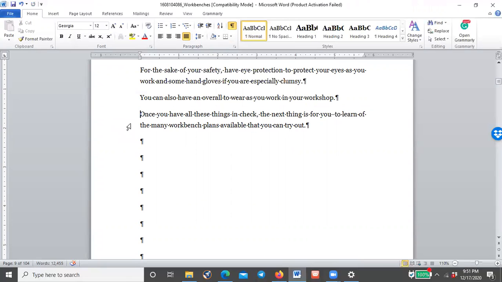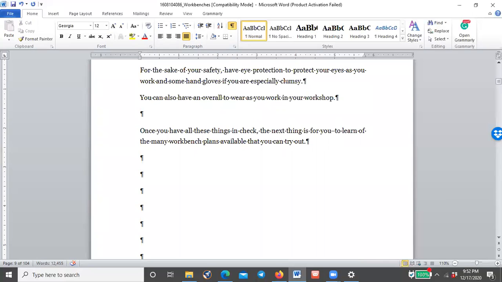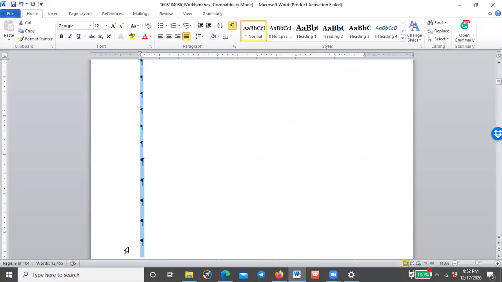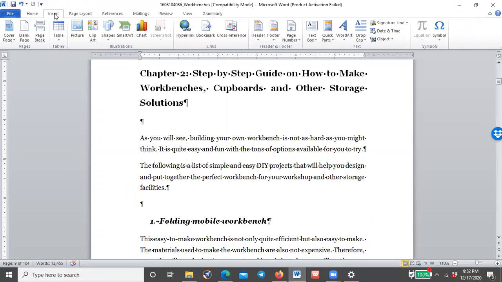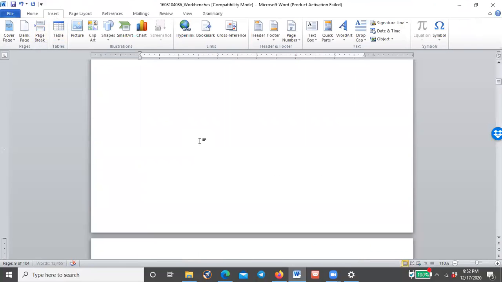Of course, you need to be consciously aware of what you are editing, of how you are formatting your content. For example, in this case, for this last line, once you have all these things in check, the next thing to do is learn the many workbench plans available. There can be space between this sentence and the previous paragraph, so that at least it shows there's that break. So after that, just remove this unnecessary white space. Insert page break. As you can see,